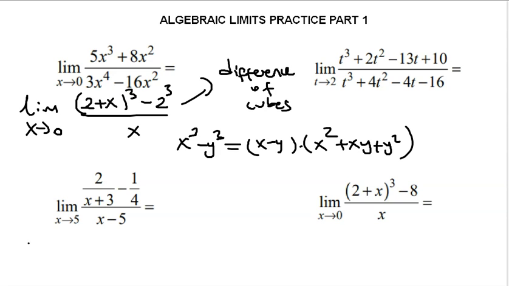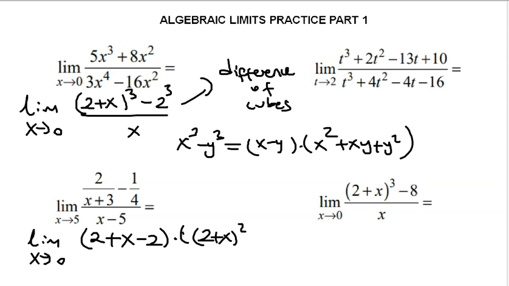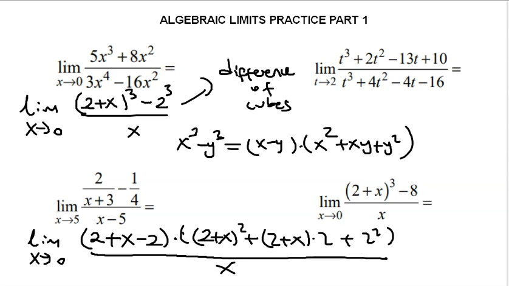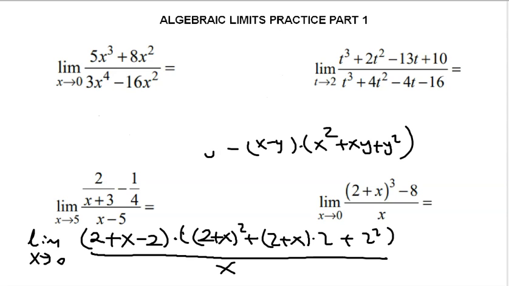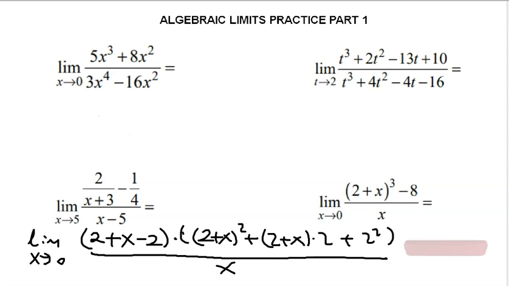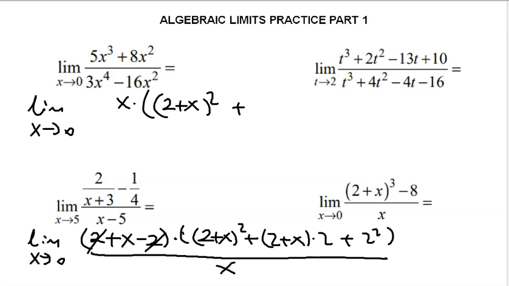Okay, so the limit as x approaches 0 of (2 plus x minus 2), because there's a minus sign, times parentheses, (2 plus x) squared plus (2 plus x) times 2, plus 2 squared, over just x. I'm going to continue from up here. The limit as x approaches 0. So 2 minus 2 is 0, and then what we have left on top is only x, times (2 plus x) squared plus 2 times (2 plus x) and plus 4,